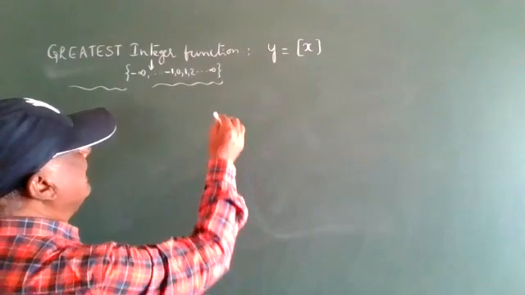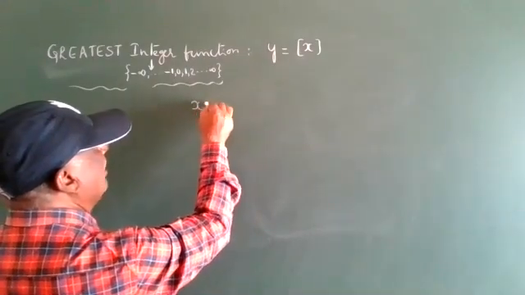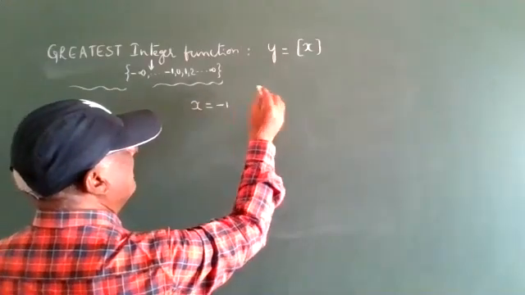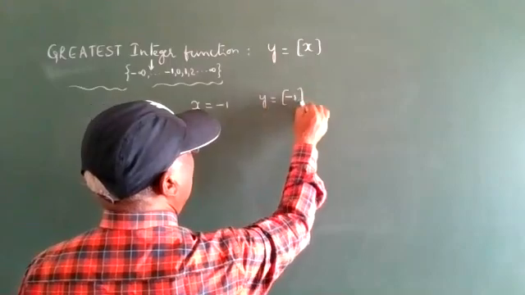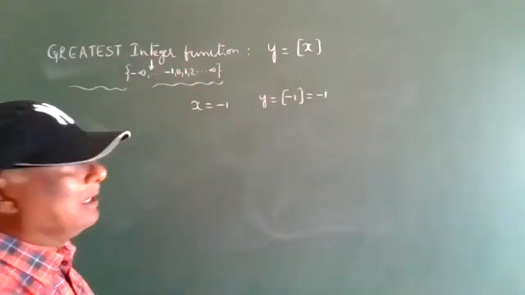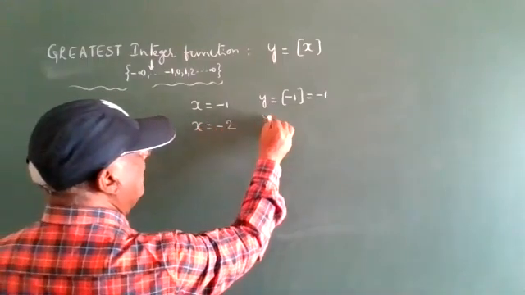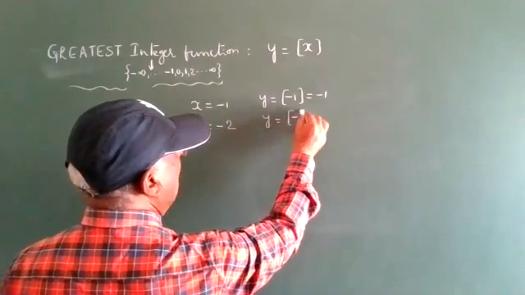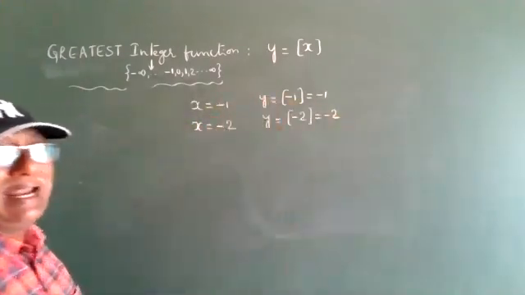Everyone see, if x is an integer, or a negative integer, then the greatest integer function gives no change. For example, x equals minus 2 is the same integer. Minus 2, we already said that the greatest integer function gives the same value.